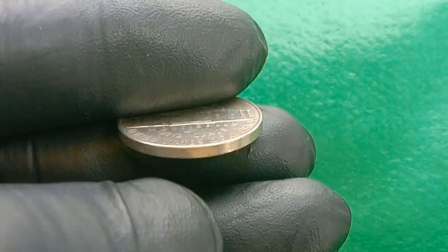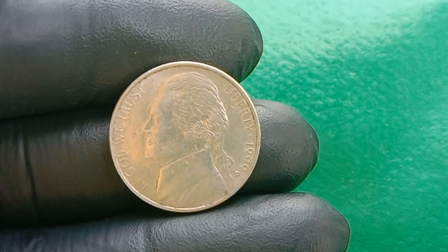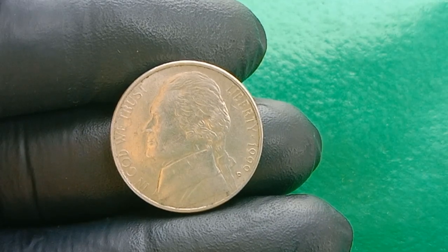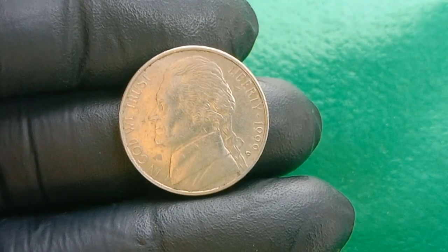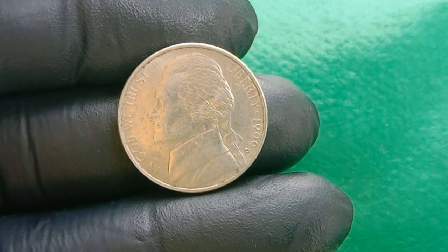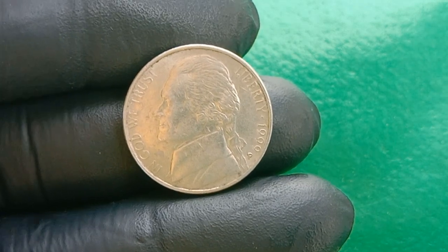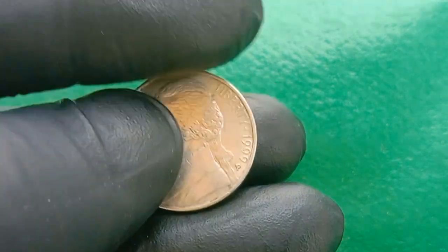And as the legend of the 1999 P-era nickel grows, it becomes more than just a piece of currency. It becomes a symbol of numismatic possibility, a story that unites casual enthusiasts with seasoned experts in the shared thrill of the hunt. And so if you ever find yourself staring at a 1999 nickel with a Philadelphia mint mark,